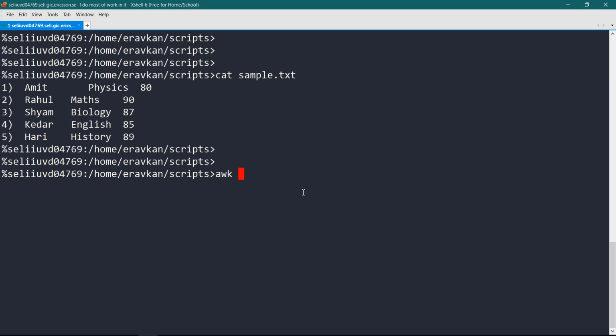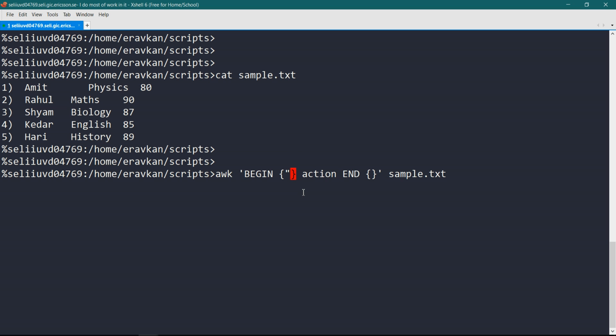To run an awk program, you write BEGIN, then your action, then END, in the END block you write something, then the name of the file. So this is the syntax of awk.